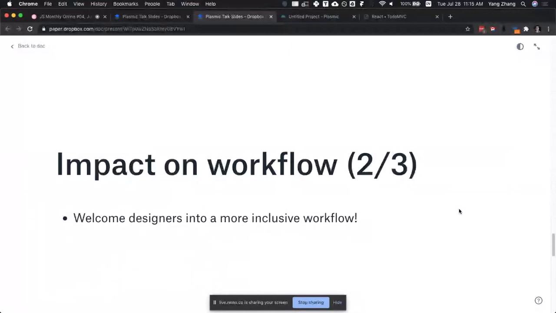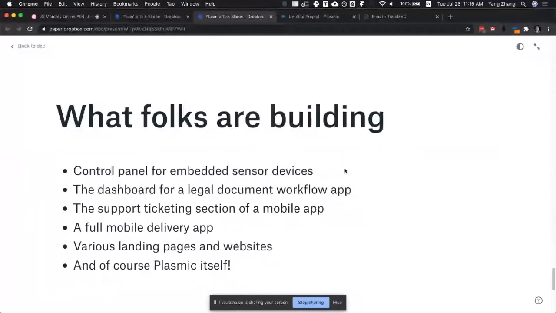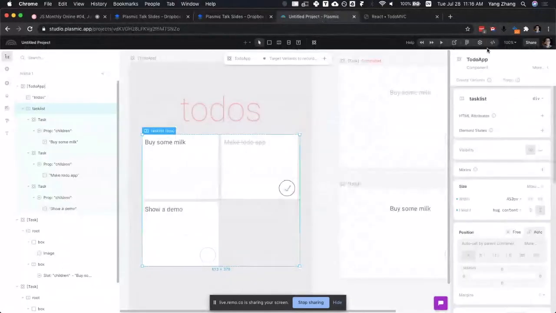We actually just launched 2 weeks ago publicly. I'm not just starting for the time, and it's been quite fun. Um, I think this is the most out there thing that we've seen so far is honestly a whole library of sensors, and of course, Plasma itself is built in Plasma. We have to show you the Plasma kit that has all these various